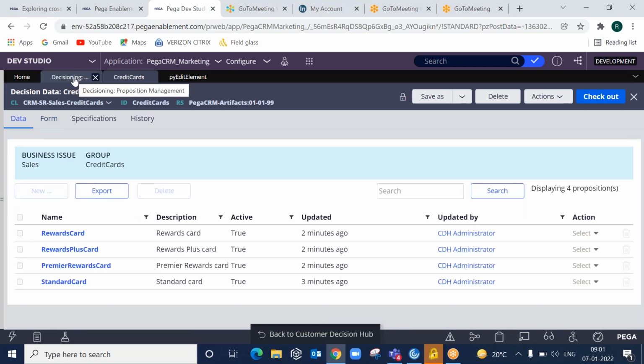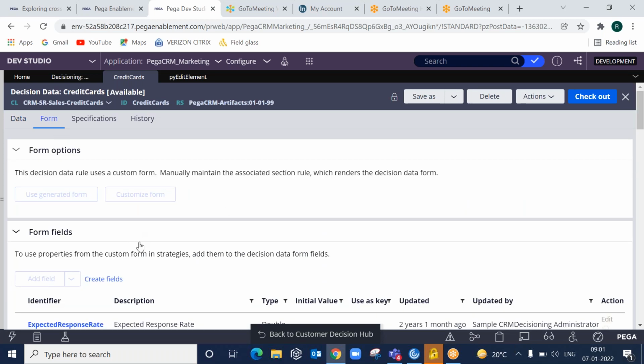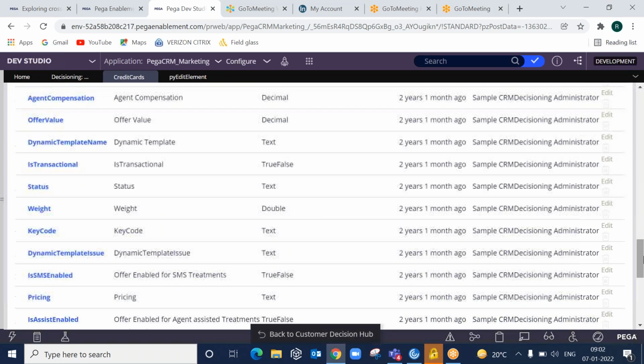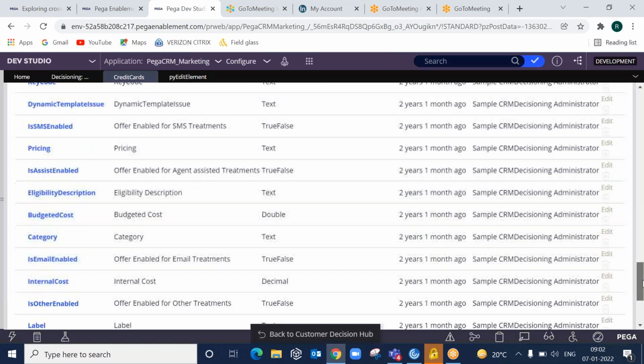As part of our proposition, that means as part of sending offers to the customers, we are creating our propositions first. We are creating the properties first. But whenever you create a property under the generated form, there is no option to provide any advanced controls like drop downs, checkboxes, radio buttons, multi-select, autocomplete.